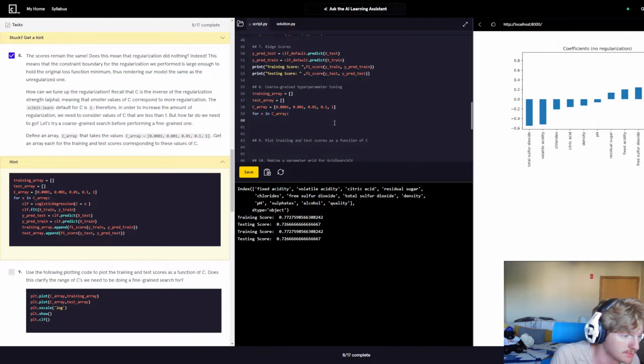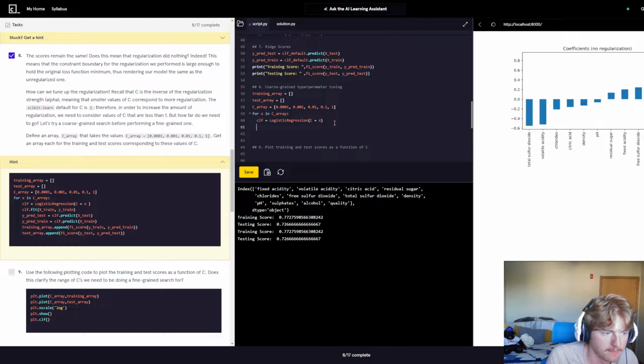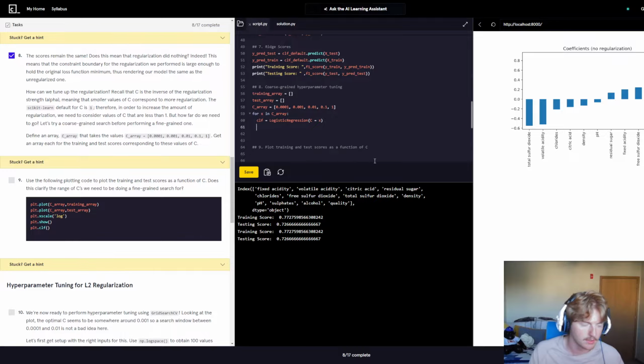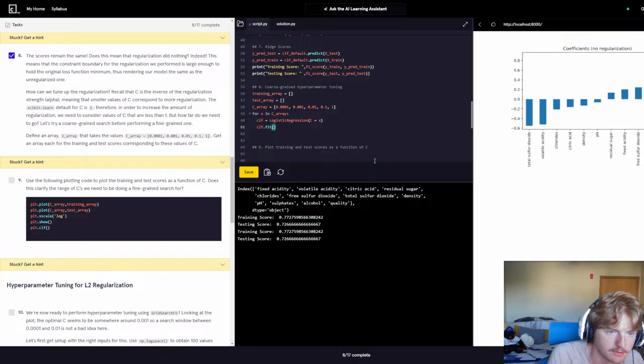So where C is equal to X. Then we predict both values. Okay, so we do CLF dot fit using the values of X train and Y train. So we've now fit our model. Next, we're going to predict both values. Train score is equal to CLF dot predict